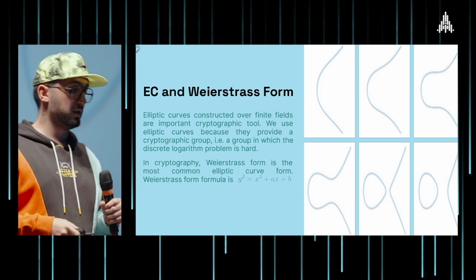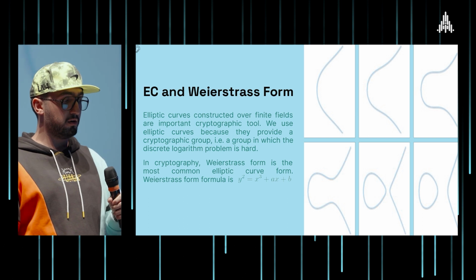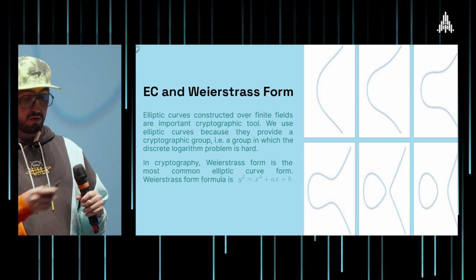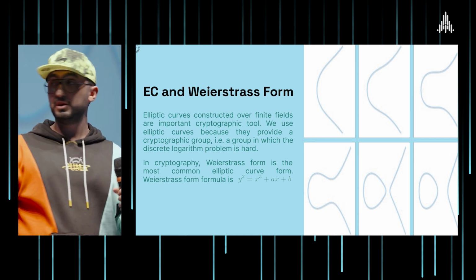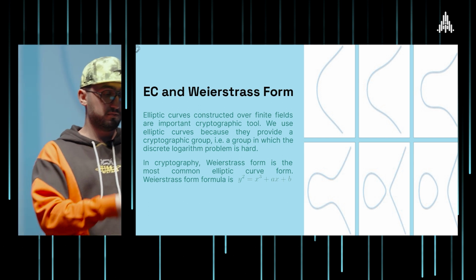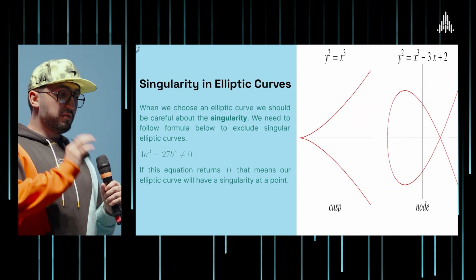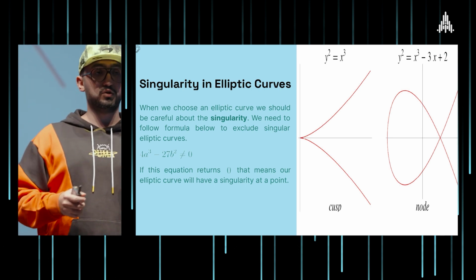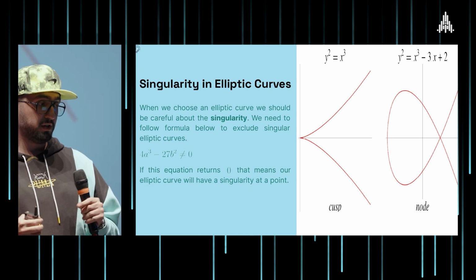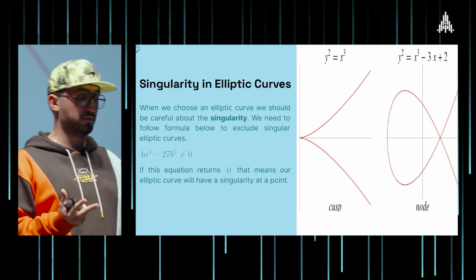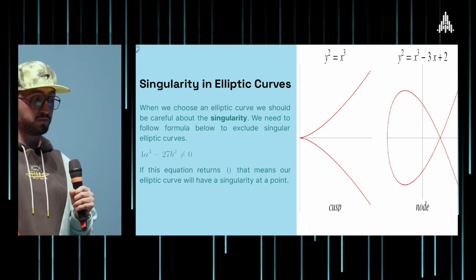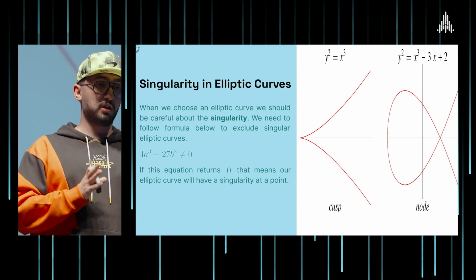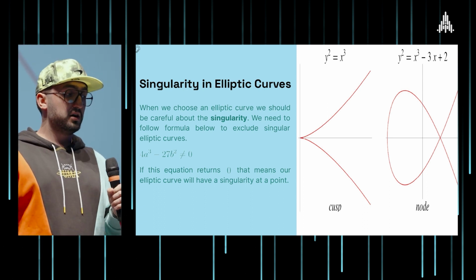criteria. So you can see here we have y squared is equal to x cubed plus ax plus b. This is our general form. We will follow this to build our elliptic curve, and you can see images here that we have different kinds of curves. When we choose these, we need to be careful about singularities because we don't want this. If we have a singularity, cusp or node, for example, we have two different singularity types. If we have a cusp, that means we have